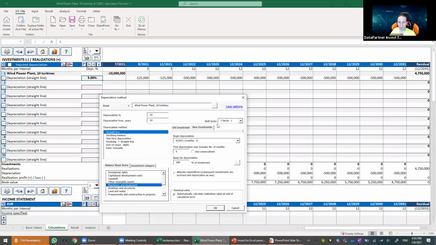So you can then have a shift factor. Let's say you have some equipment that is running 24/7. In some cases you can actually depreciate it more, by 2 or 3 factors, depending on how many shifts it's working. So then there is some ground to depreciate it more than usual. Then you can also,